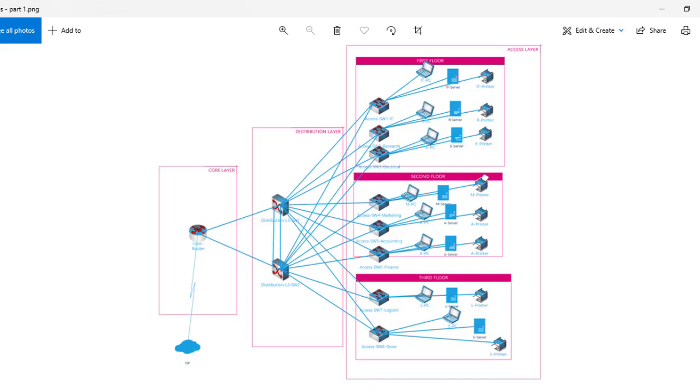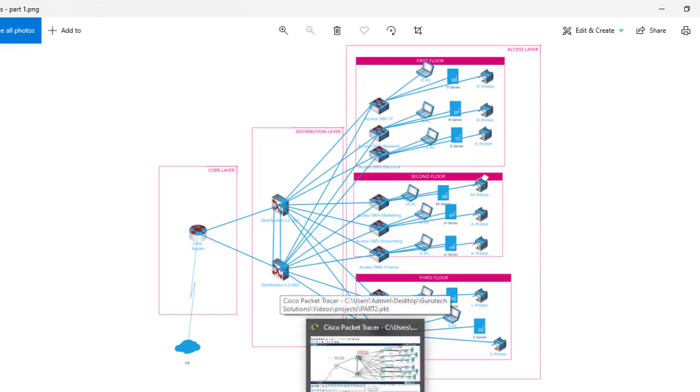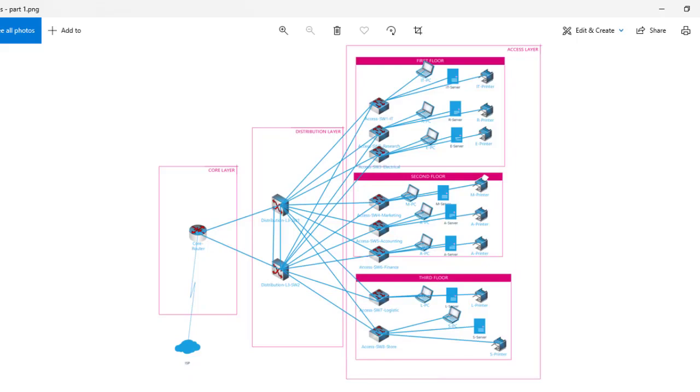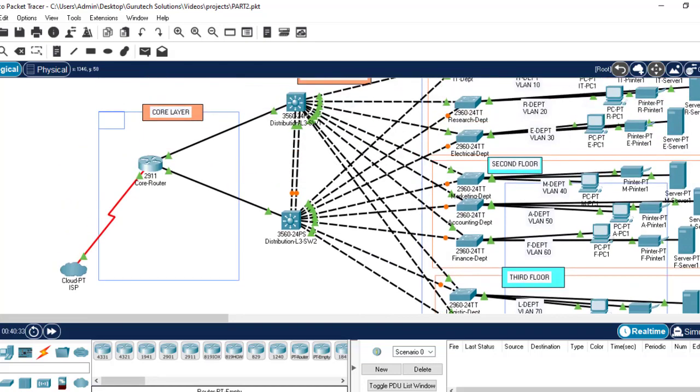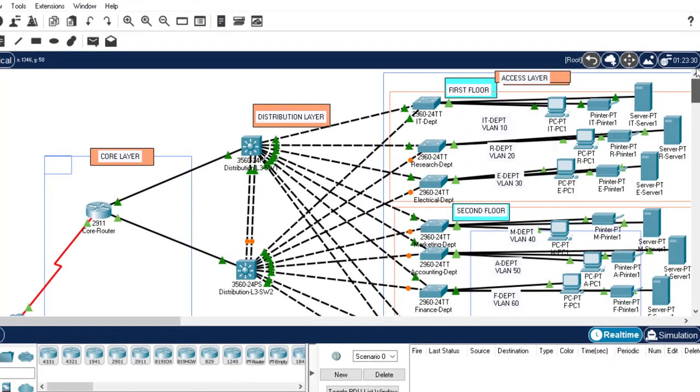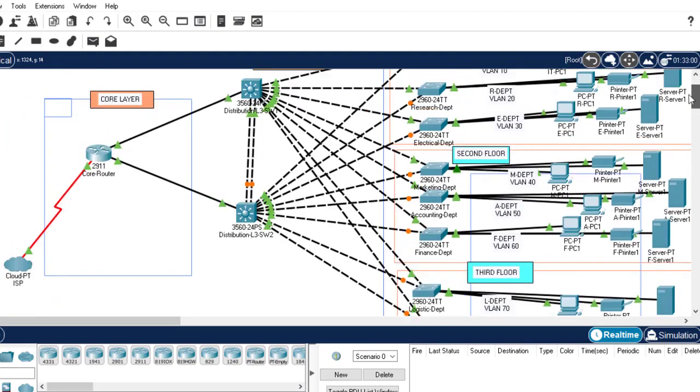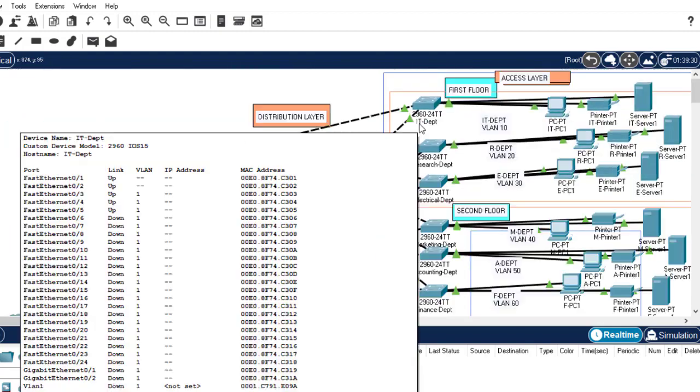Then in part 2 of the project, we managed to implement this diagram into Packet Tracer and drew such a diagram. That was part 2. Okay. Then part 3, which was yesterday, we managed to configure some basic configurations of the layer 2 devices, of the access layer devices, the 8 switches that we had, in every department. And another parameter that we did was to configure